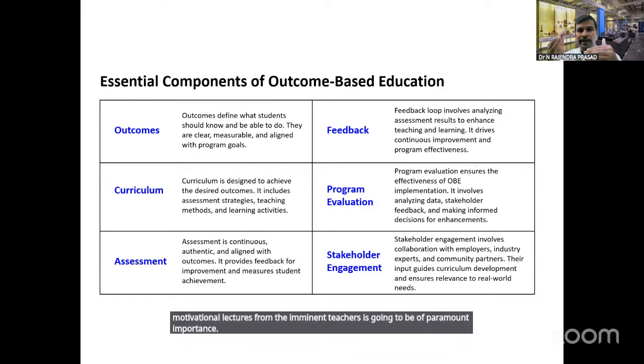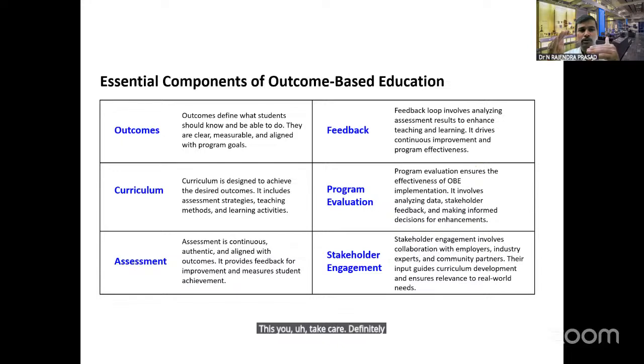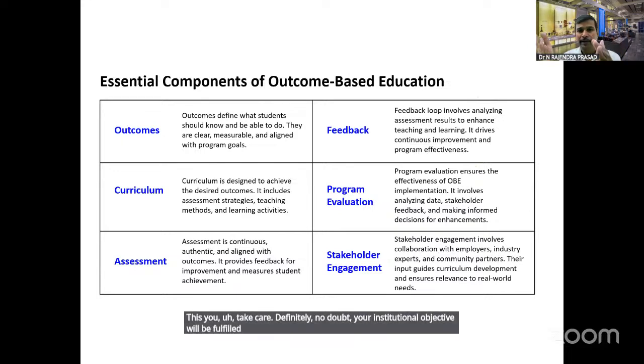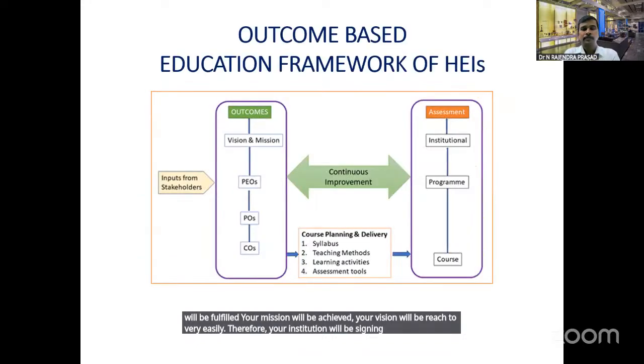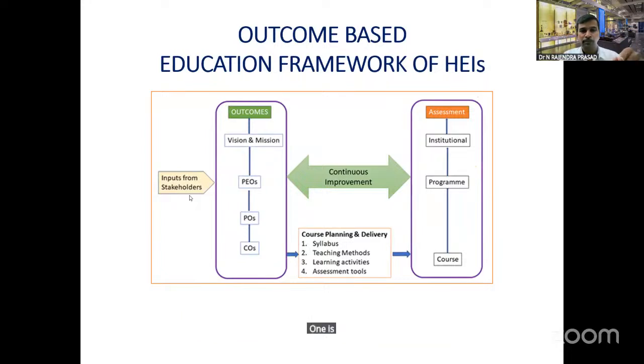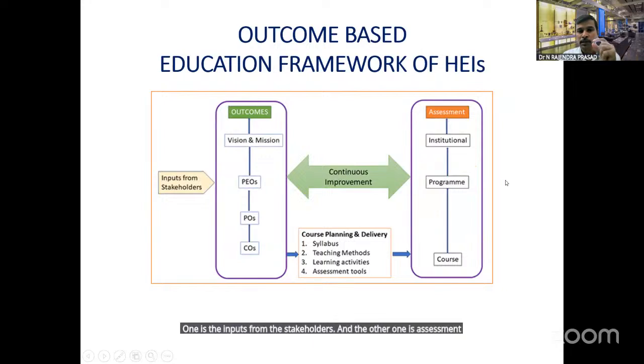This you take care. Definitely, no doubt, your institutional objective will be fulfilled. Your mission will be achieved. Your vision will be reached very easily. Therefore, your institution will be shining. So with this, you have two pillars in the outcome-based education. One is the inputs from the stakeholders, and the other one is assessment strategy. So there is scope for continuous improvement